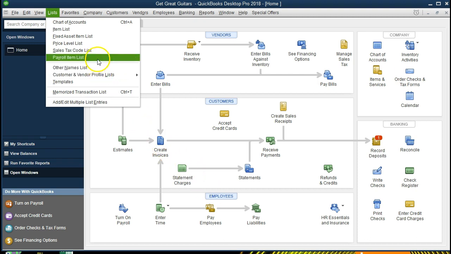What do we have under the lists? Main list will be the chart of accounts, followed by the item list. We've got the fixed asset item list. We're not going to spend time on this. The price level list, not spending time on this. Sales tax code list, we'll touch on that. That's going to give us the sales tax. If there is a sales tax within the location that we are at, we'll have to set that up within the list. We have the payroll item list. Those are going to be the main lists we want to take a look at here, starting with the chart